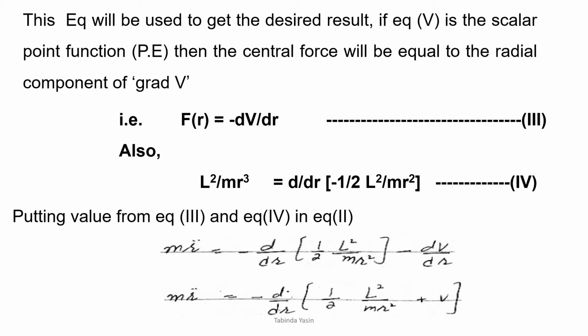Then the equation is m r double dot is equal to minus d over dr into 1 by 2 L square over m r square plus V, bracket close. Till here, if there is any difficulty, you can ask. I give you a few seconds to note down the steps to understand. Then moving to the next step, we have